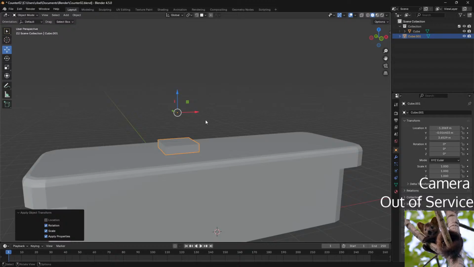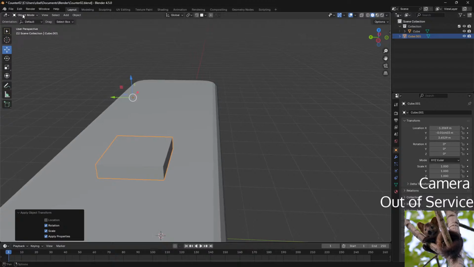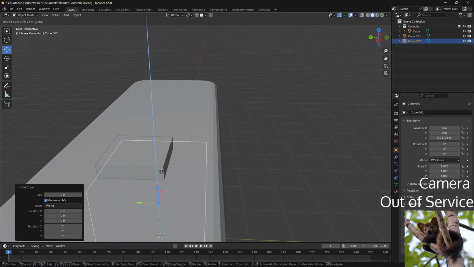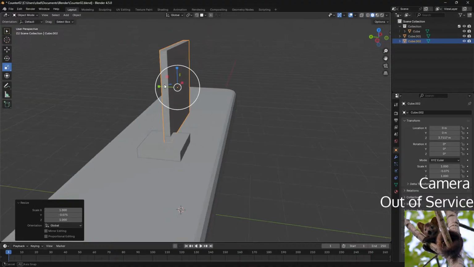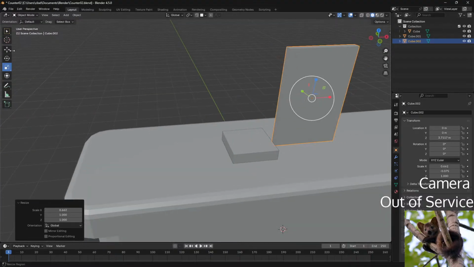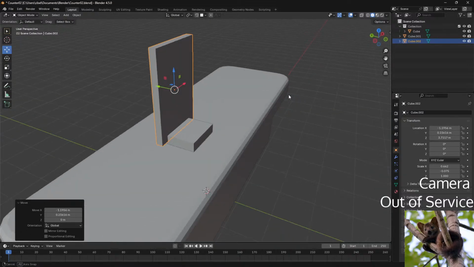Oh, so then the next step is probably just having a rectangle at the back. Like this.